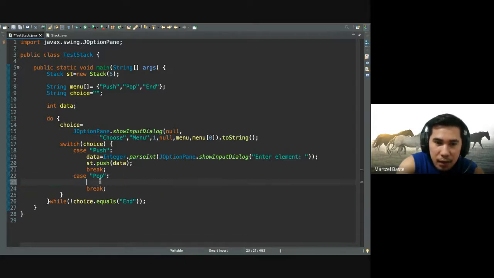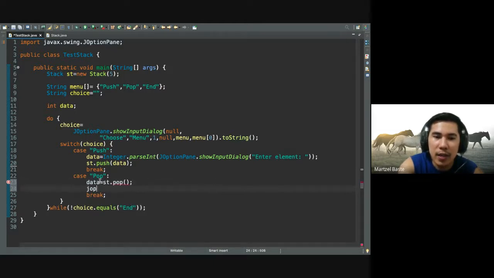I mean, let's say data is equal to st.pop. Okay, and then display na to dire. Show message: data was removed from the